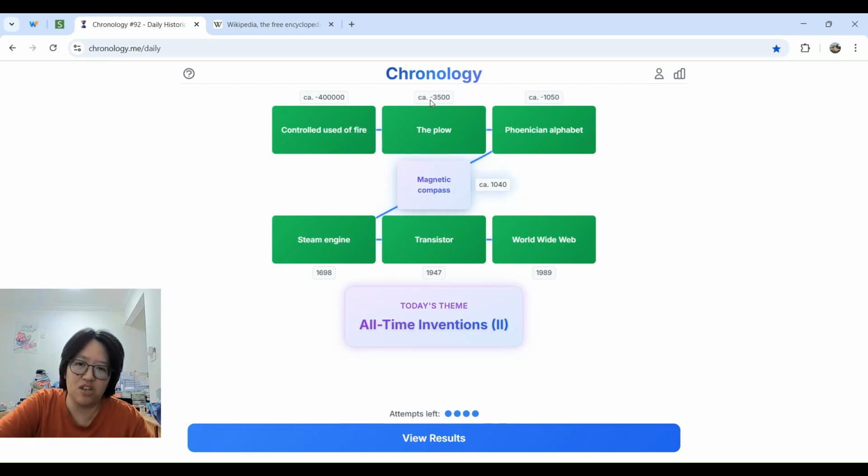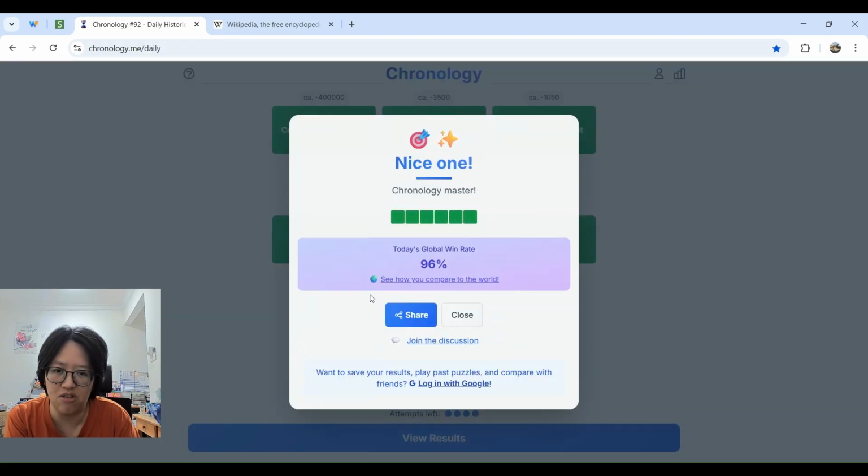But it's interesting to see that it's actually 2,450 years after the plow that they started inventing the alphabet. Well, that's so much farther away than I expected. I thought it might have been closer, but I was wrong about that. So interesting. Okay, and I had 4 attempts, but I didn't have to waste any of them. So yeah, the results are nice. I got it all in one.